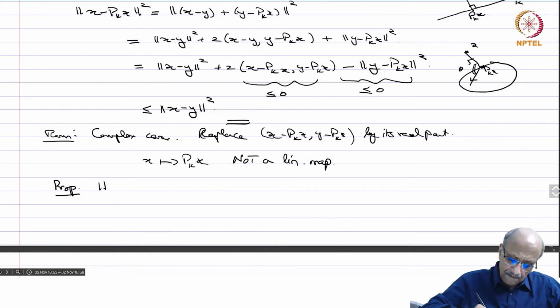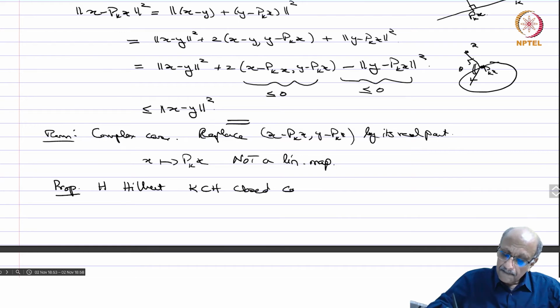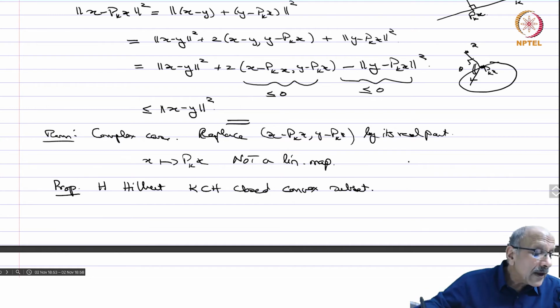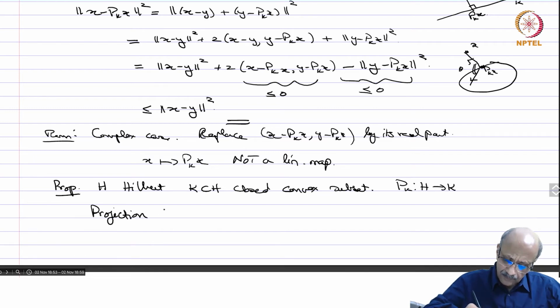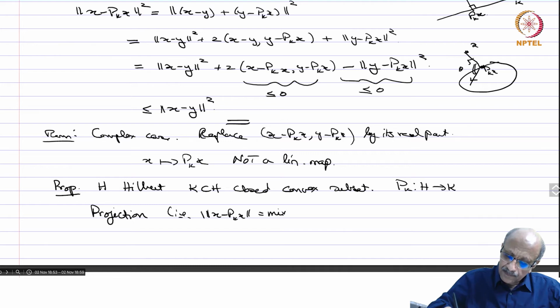So H Hilbert, K contained in H closed convex, okay, and P_K from H to K is the projection, that is norm of x minus P_K x equals the minimum over y in K of norm of x minus y. Okay, then